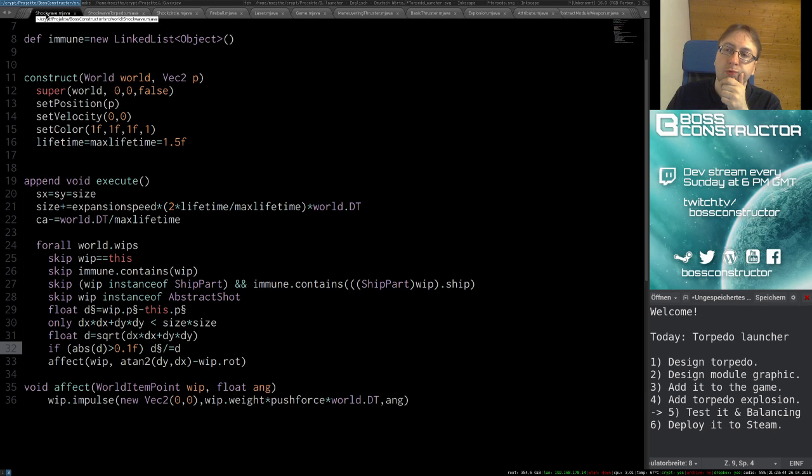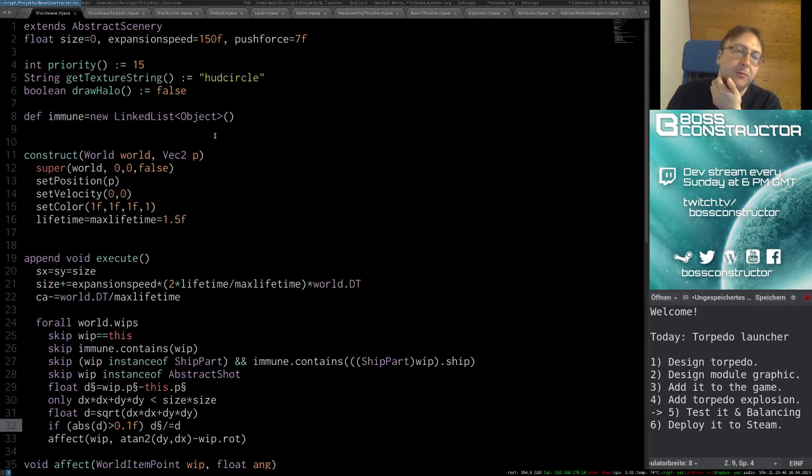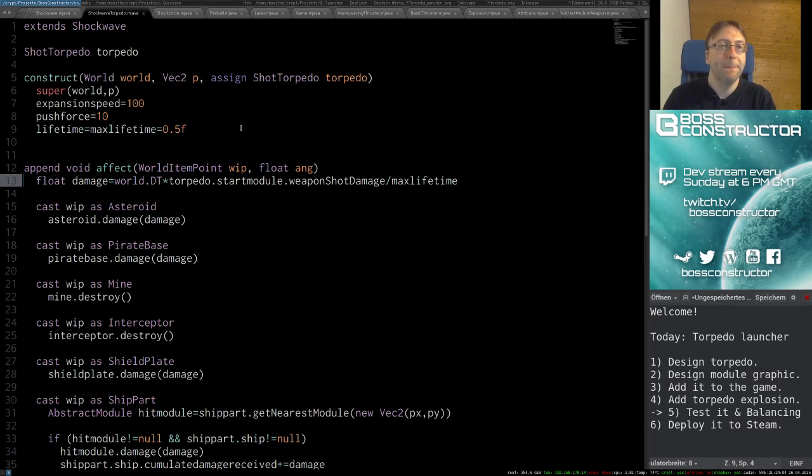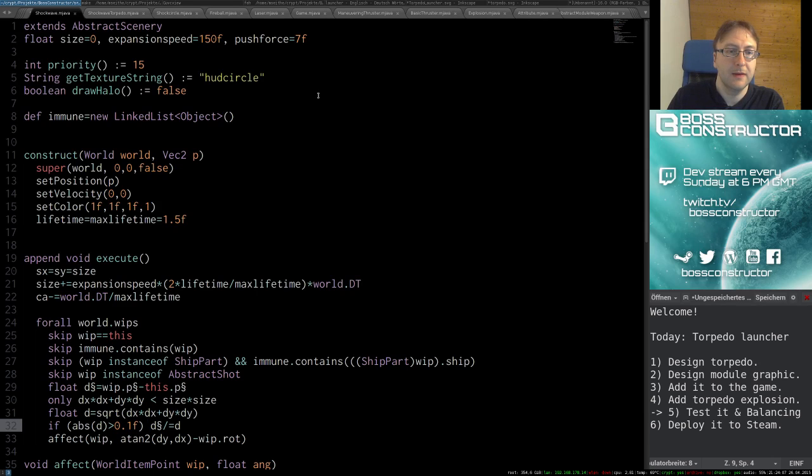We just need to replace it with something more reasonable, like 150, 100 and 0.5 seconds, which should give us a range of 50. Okay. I guess one reason it's sort of confusing is that it doesn't look like the range is so big,